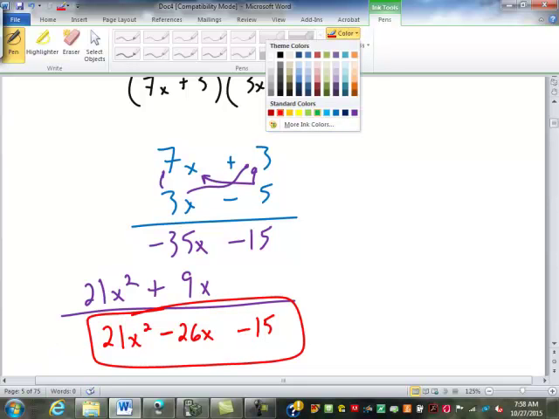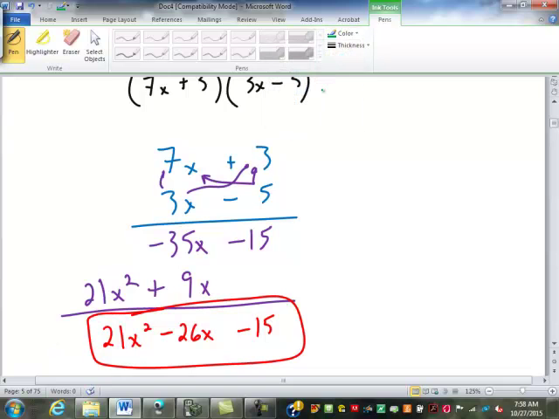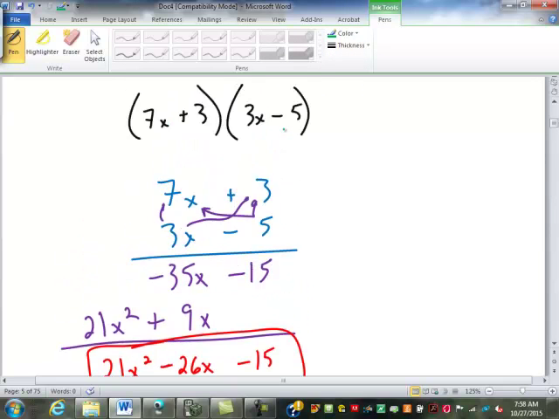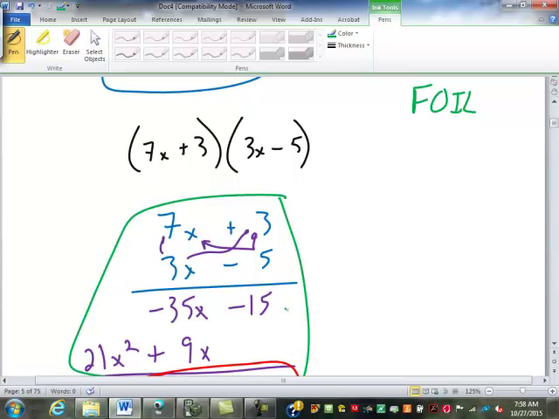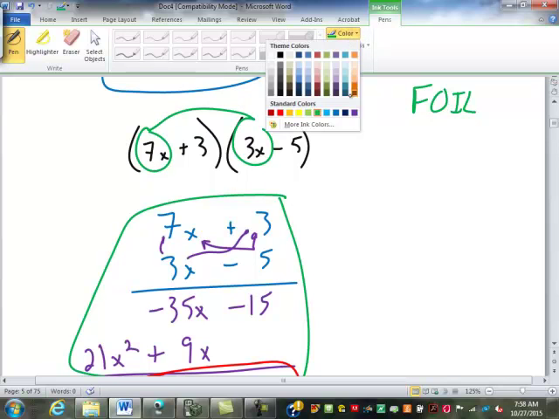Now, some of you, again, if you're remembering your high school algebra, we're taught a process called FOIL, right? FOIL, again, is a shortcut. What I showed you down here is the long way, the full way to multiply out 2-digit algebraic numbers. FOIL is just an acronym for a shortcut. F stands for first. You multiply the first 2 digits. 7x and 3x make